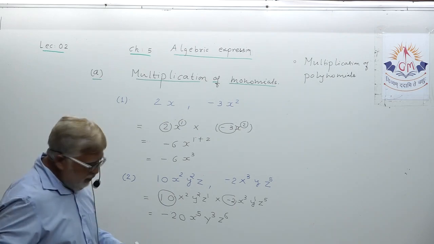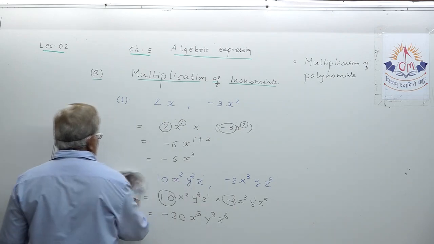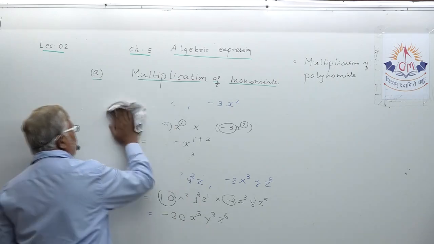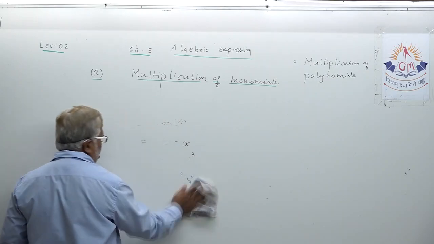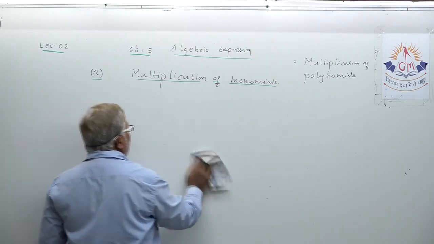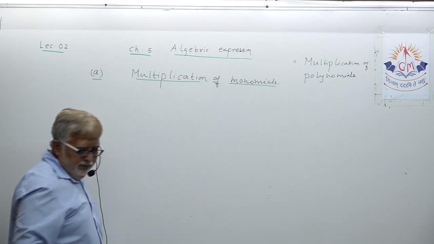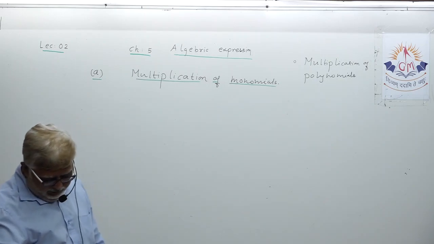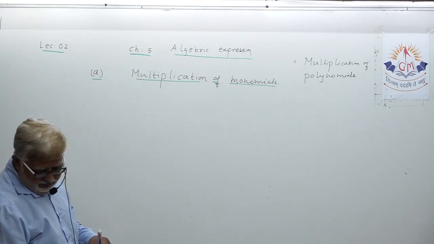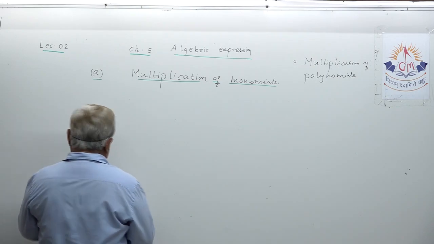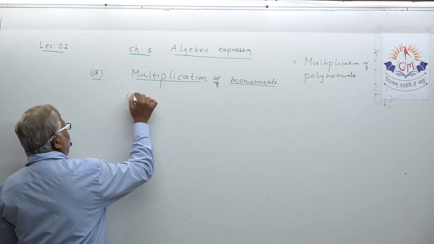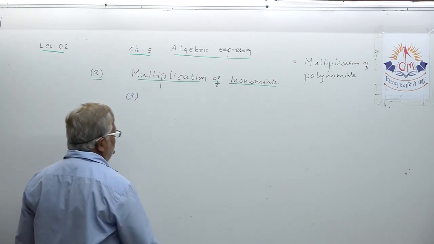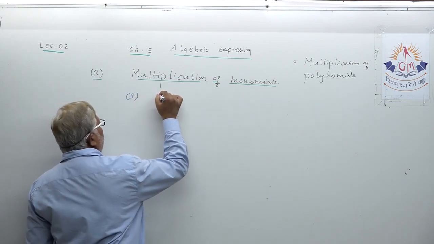Suppose we write one another example here, dear student. Okay, let me write it here only. One another we will solve. The example is a little difficult that we are targeting now. We are taking the examples of multiplication of monomial by monomial. Suppose I write the third example, dear student. Try to understand this. I will take some examples not from your textbook.